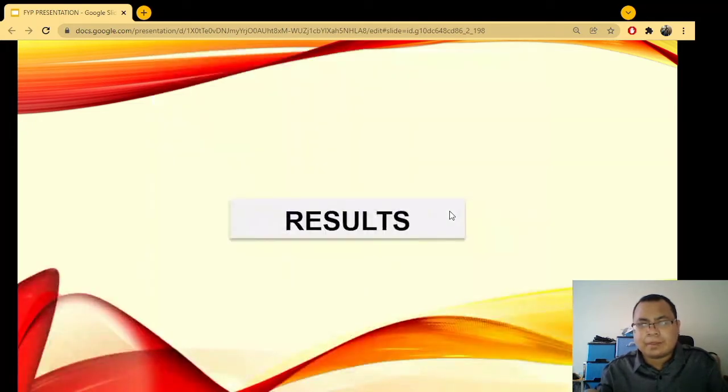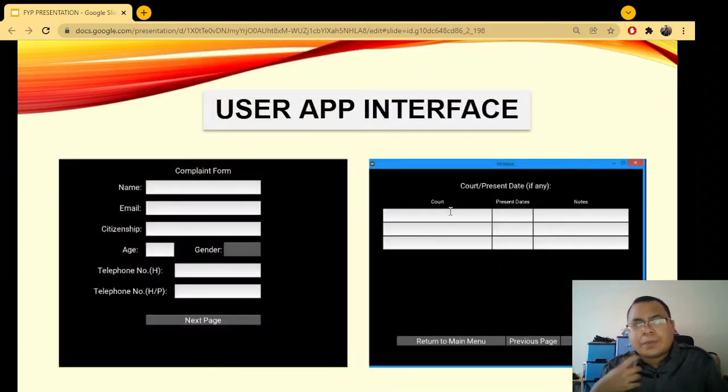So here is the user app interface, or more specifically the complaint form in the software. What we're seeing here is the first and last page of the form, and the user could fill in all the required details in the text input boxes provided and click Save to submit the data. If they wish to cancel, they can click the Return to Main Menu button on the last page.